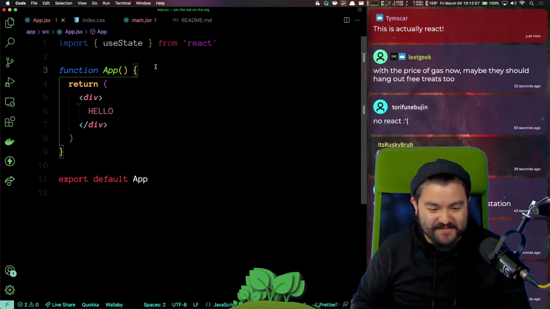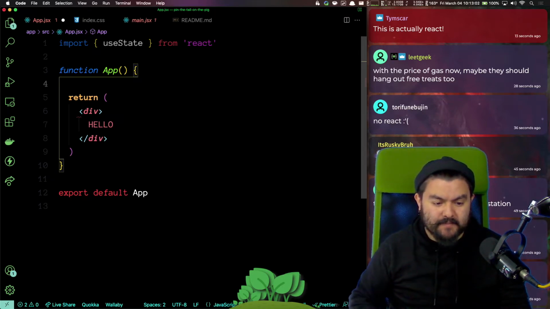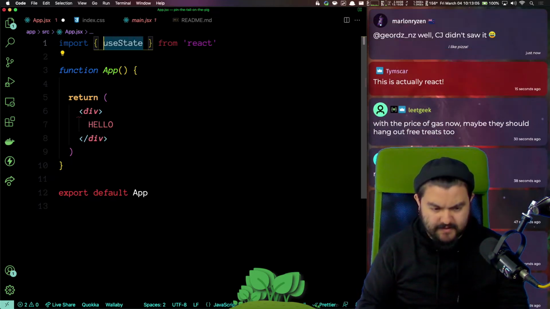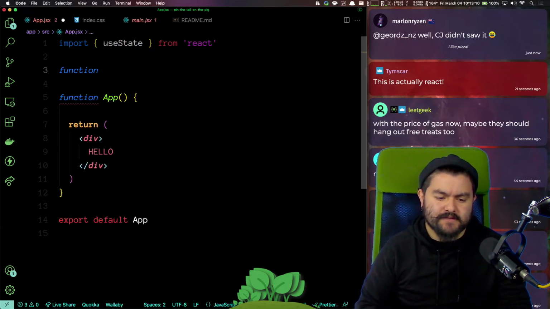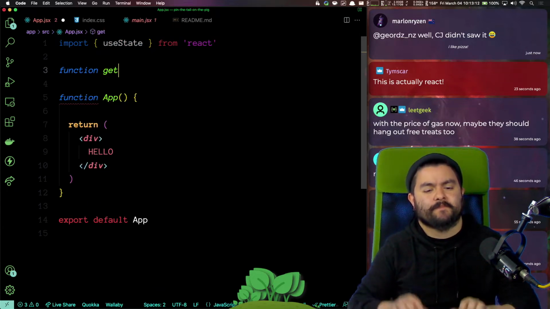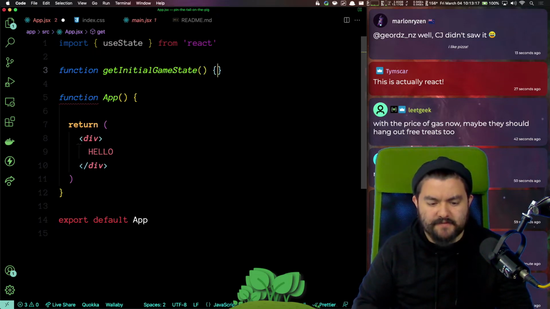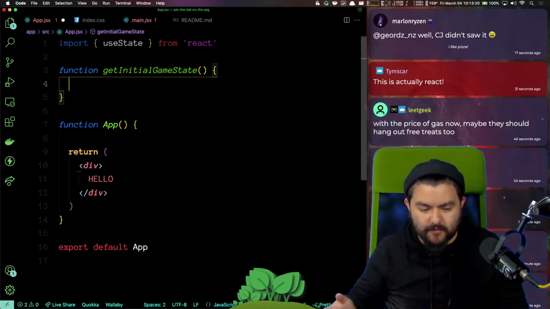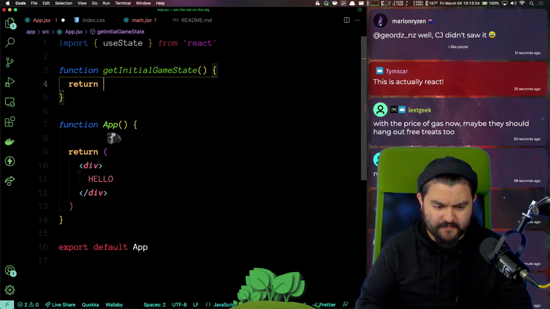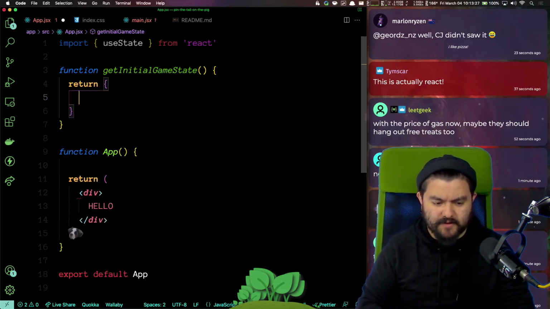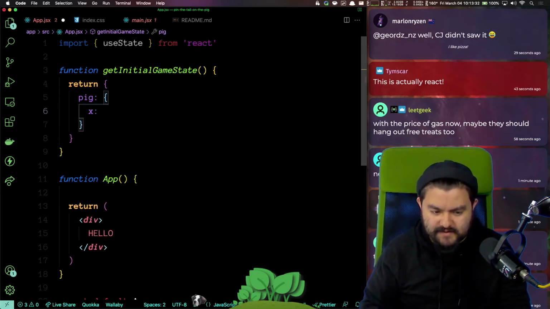Now, we need some sort of game state. I'm going to create a function that says get initial game state. So this is going to be a function that creates a random XY coordinate and puts it into some state. We're going to return an object where the pig is a property on there that is an object, and it has an X location.